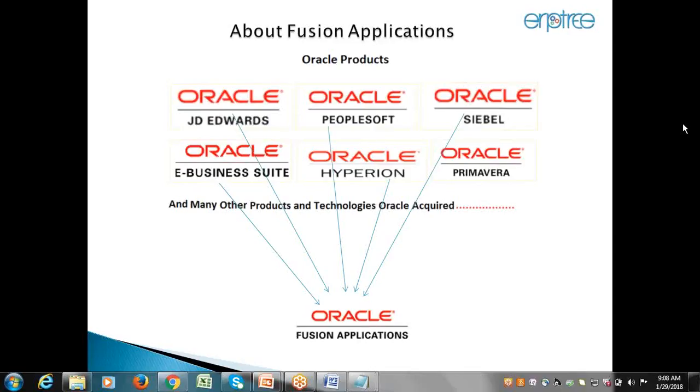That's the reason in EBS, if you notice, they introduced the middleware also now, right? Now there is no option to upgrade from EBS to Fusion. The only option is re-implementation. Slowly they may build some platform which allows them to upgrade from EBS to cloud or Fusion. It may not be cloud, just Fusion application. We'll discuss what the difference is between the Fusion applications and the Fusion cloud also. Yeah, we'll talk on that.